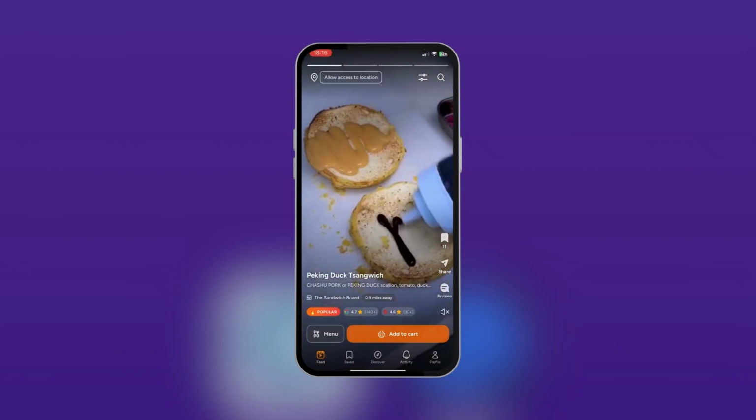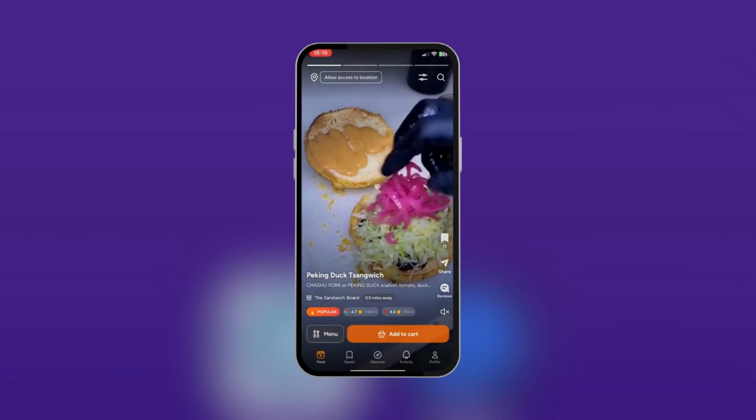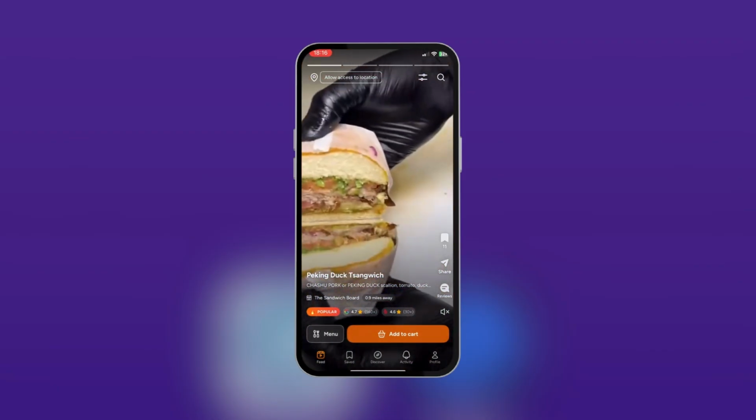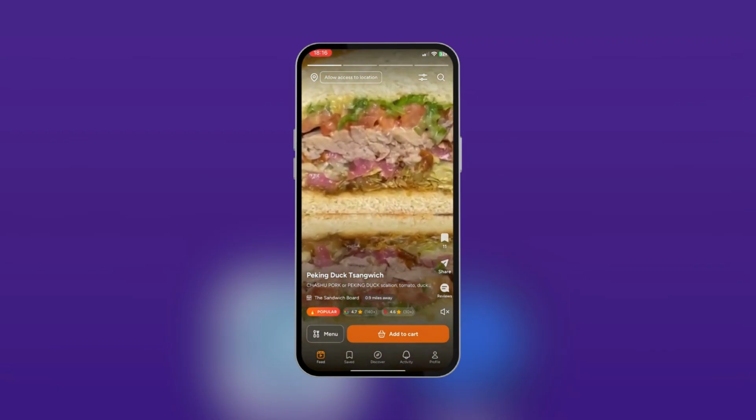What's up everyone, in this tutorial we'll be showing you how to change your delivery address in BiteSight. So let's try to see if we can make an order because that's how you get to change your delivery